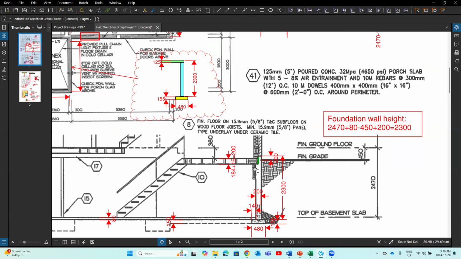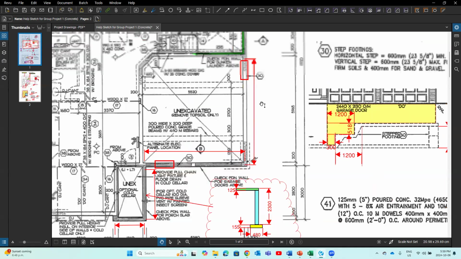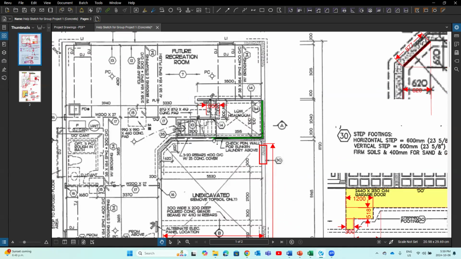So we need to take the height of the latch. I believe I gave to you 330. Take this dimension, multiply by the length. Now we need to think about, where is the length? That's here. That's the length, right? You get the area. That's what you need to subtract from the total volume of the formwork for concrete foundation